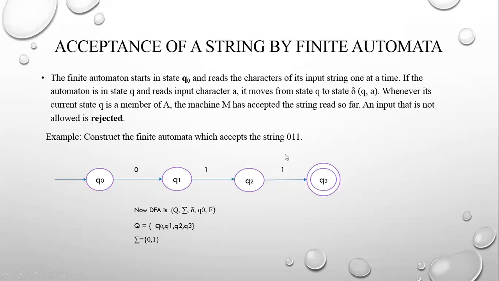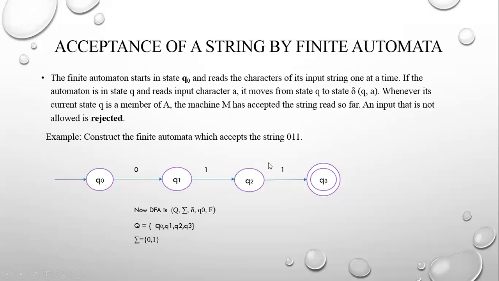Using this string, first we construct a deterministic finite automaton. It consists of a 5-tuple: Q, sigma, delta, q naught and F, which we already discussed in the previous slides. Q is the finite non-empty set of states, here 4 states: Q0, Q1, Q2 and Q3.